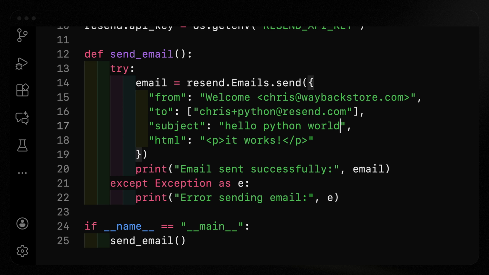So back on our dashboard here, I'll click domains, and we're going to add a new domain. You can see here that you can add any domain that you own. Now, this is not a public domain or a shared domain. It has to be something that you own and have access to DNS records for. So I'm simply going to put